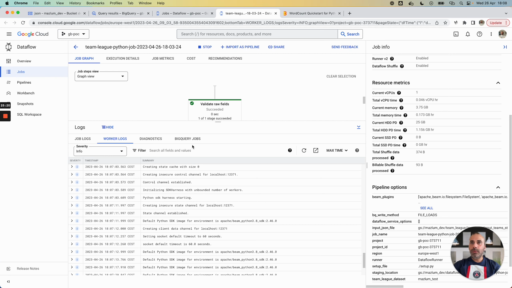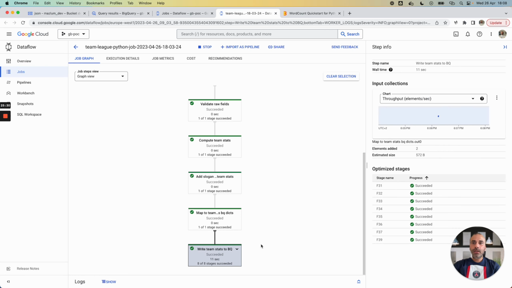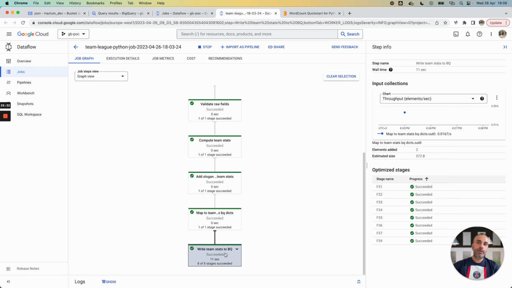Also, we have some logs for BigQuery and also diagnostics. Which is interesting, we can also select a step of our pipeline. We can, for example, click on the write TeamStat BQ step, and we see that we have 2 lines that are written to our output BigQuery table.